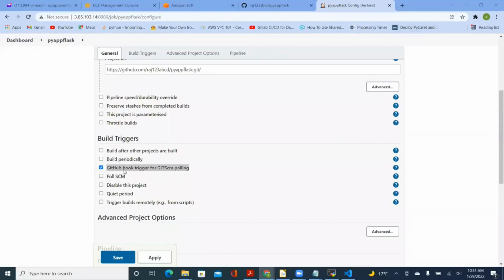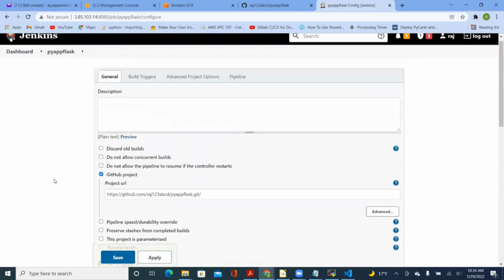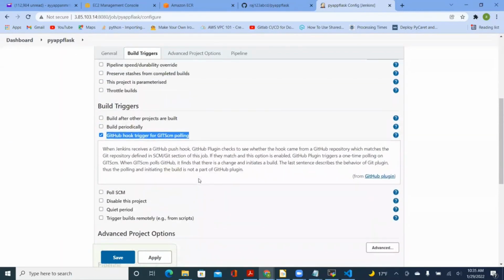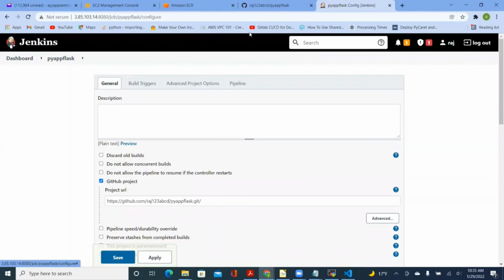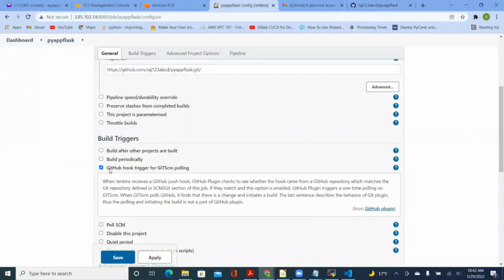I checked that box, GitHub hook trigger for Git SCM polling, and here you can see more information on that. When Jenkins receives a GitHub push hook, the GitHub plugin checks to see whether the hook came from a GitHub repository which matches the GitHub repository defined in the SCM Git section. So we have actually defined the SCM Git section here. Now after choosing this, there is a configuration